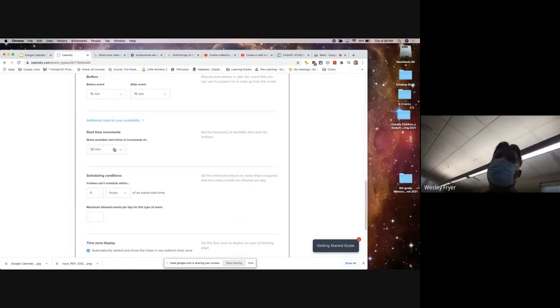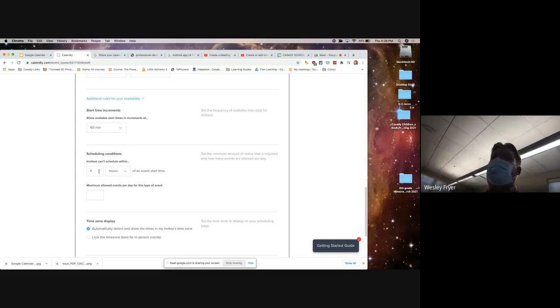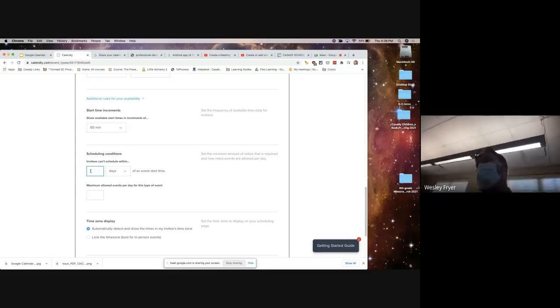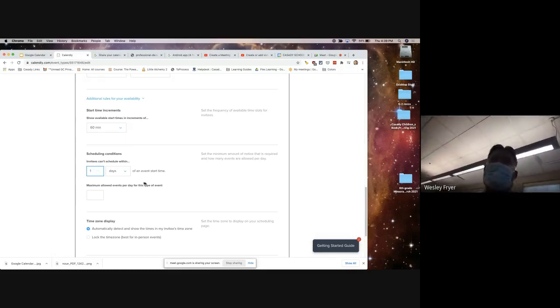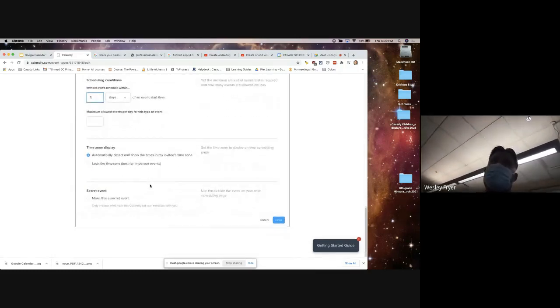So do I want to show my available times and blocks? Anyway, this is just all the customization. And then scheduling conditions. People can't schedule me within 4 hours, or they can't schedule me within 1 day or whatever. So it's very, very powerful. And it's simple in terms of what people see and use, which was not the case when I used Google